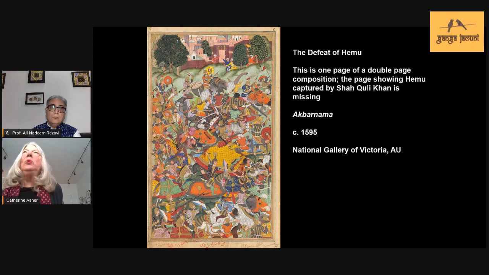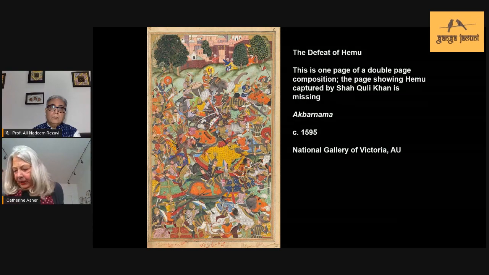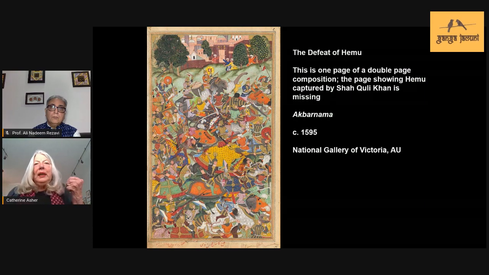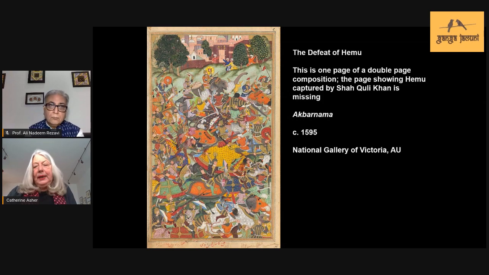It doesn't show Shah Quli Khan capturing Himu, but this would have been a double-page composition, and the main page is simply missing. My point here, again, is to show that Shah Quli Khan, who is much less known than Munim Khan, was still an instrumental figure in the foundation of the early years of Humayun's and Akbar's